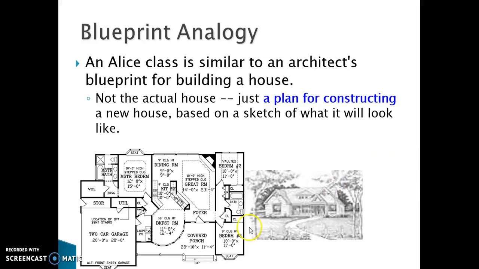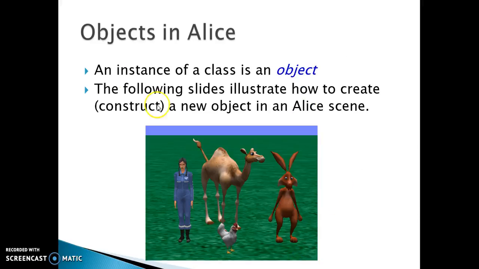Just like, and this is kind of fun to look at, this is the layout for a house. I can explain it more if you're into architecture, but it's just kind of a cool idea. Okay. An instance of a class, and that's language you need to know, an instance of a class is an object. And so we're going to talk about how to make new objects, and that's going to include all sorts of